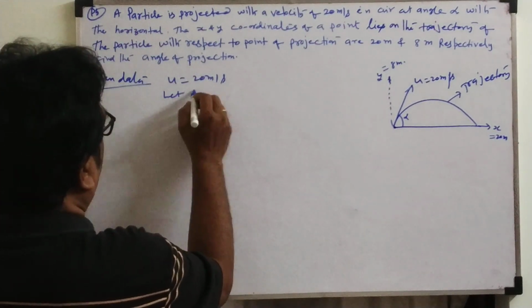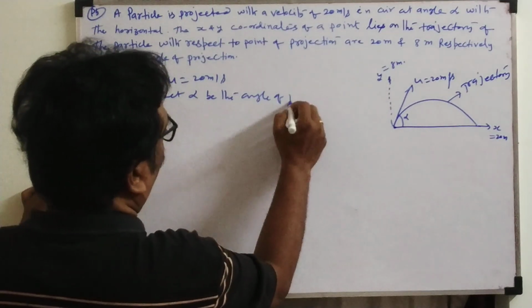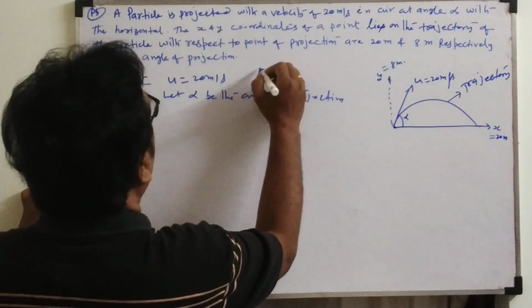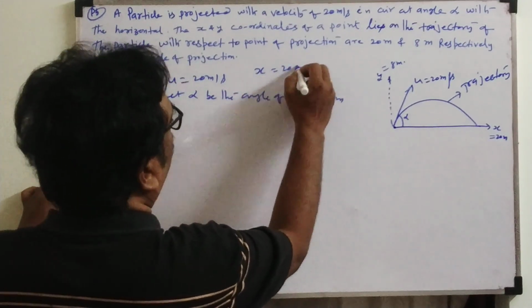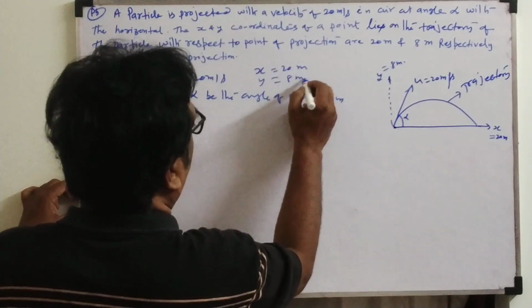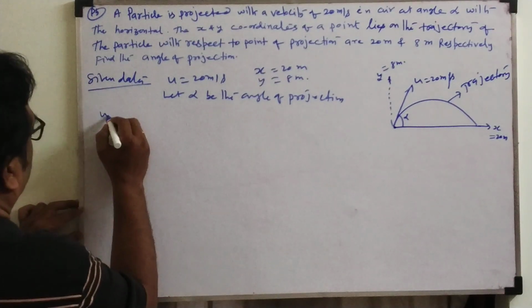Let alpha be the angle of projection. Coordinates given: x is 20 meter, y is 8 meter. So what is the trajectory equation? So we know that